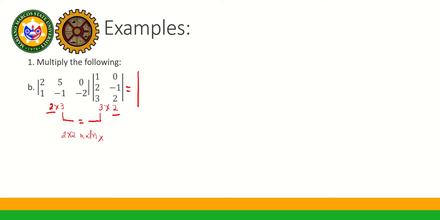okay, yung first element. So, lagyan ulit natin to ng B11, B12, B13, and this is mali. This is B21, and then B31. This is B12, B22, and then B32. Okay? So, yung elements ng first column of matrix A natin, which is yung 2 and 1, i-multiply natin sa